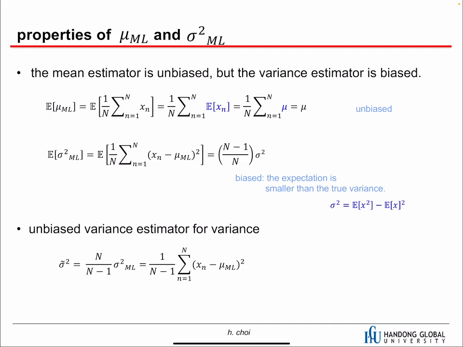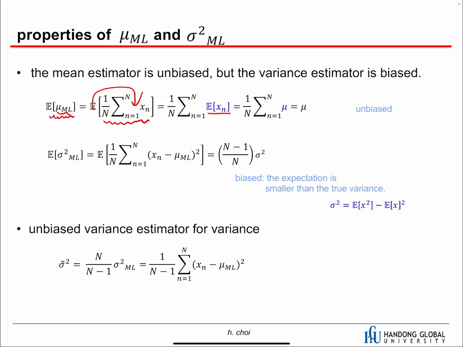Before, I said the MLE estimator for the mean is unbiased, but the variance estimator is biased. So I'm going to show you why. Okay, so we take the expectation of this estimator, and this one was actually from the previous slide. So we calculate the expectation of this term, and the expectation can come into this summation, and then